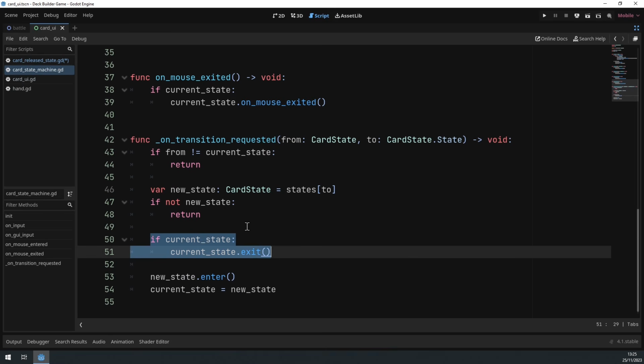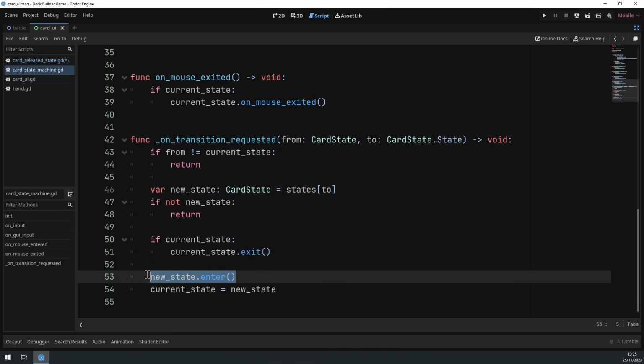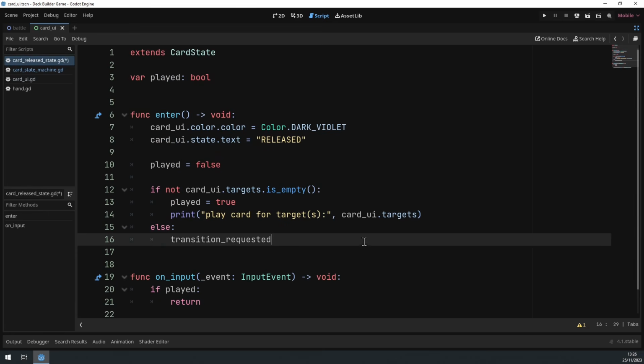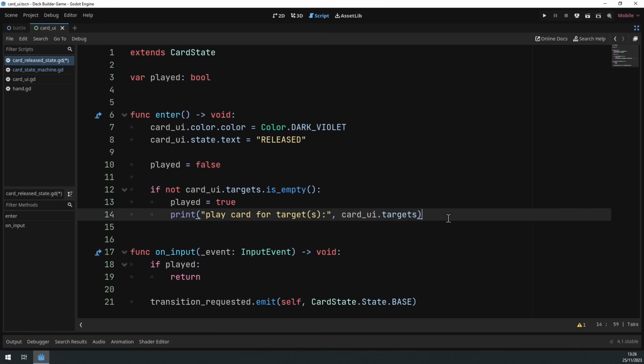Right? Because you can see that first we enter a state and then we set the current state to the new state. So we couldn't really transition from here. This is why we check the input callback for this. This works perfectly fine. So with these modifications, if we save this script and run the game,